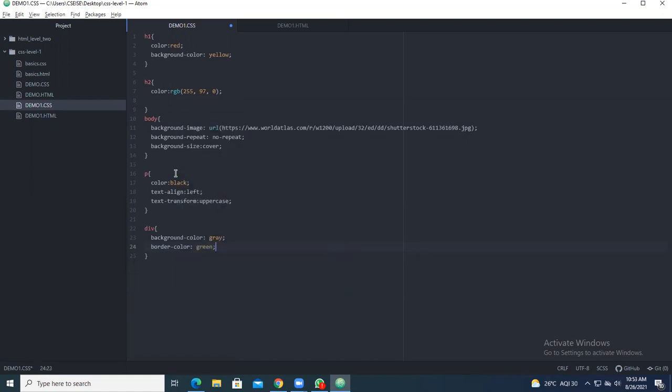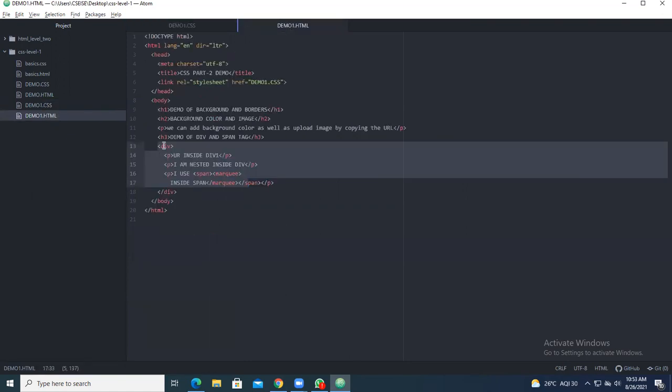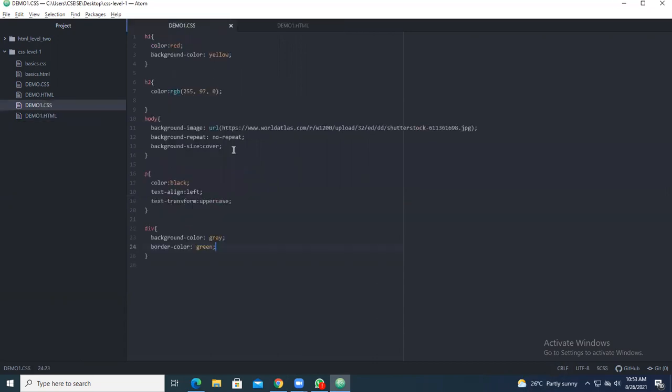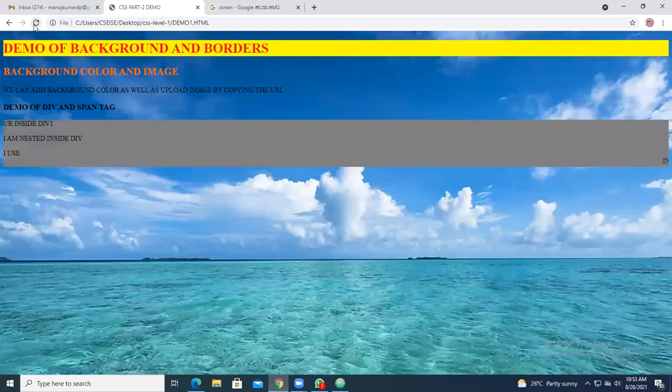Okay, so now see the div contents. Where are the div contents? It is starting from here to here. So this content should be in different format now. Okay, so now you apply this particular setting. You see everything is given in gray, and the border color you have given, just give it border. Okay, so border you give it green and see the contents.